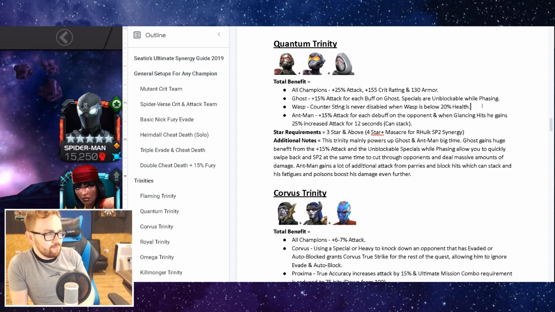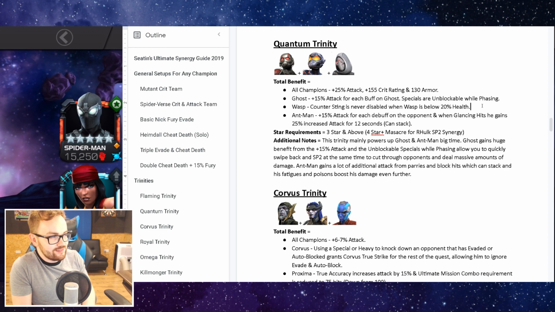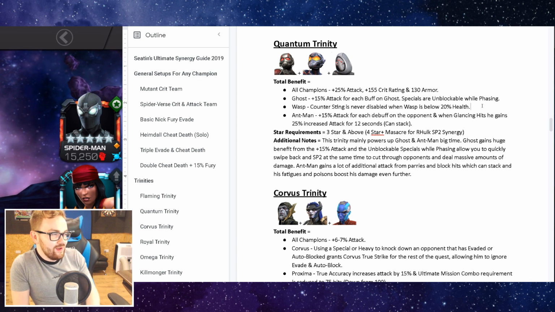Wasp doesn't really have much benefit. Her counter sting is never disabled when Wasp is below 20% health, which is not really that useful in almost any scenario, but yeah, that's pretty much it. And then we've got Ant-Man's one, which is plus 15% attack for each debuff on the opponent,